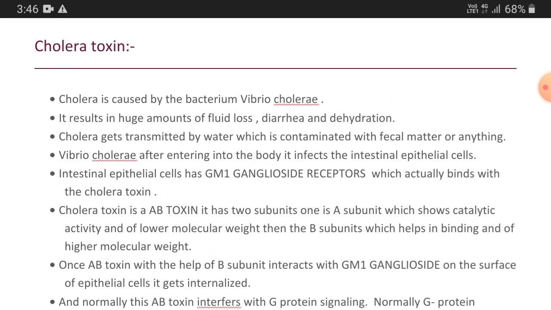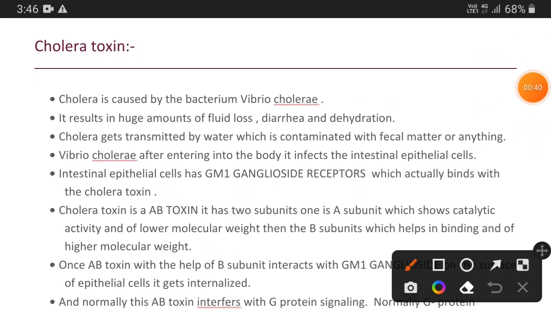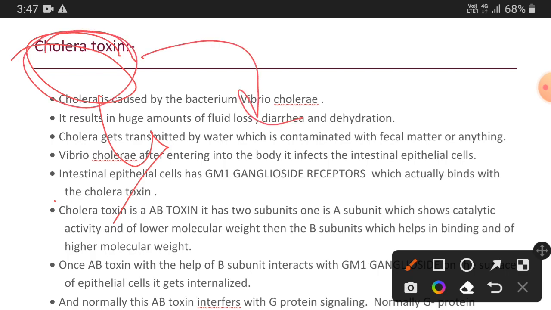So how is cholera toxin transmitted? Cholera toxin is simply transmitted from water. Our mouth can be the portal of entry for Vibrio cholerae. The water will be the mode of transmission if the water is somehow contaminated with fecal matter, and this fecal matter is obviously from some Vibrio cholerae infected person. After entering inside the host, cholera toxin will